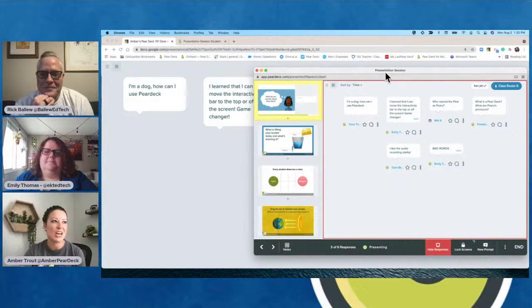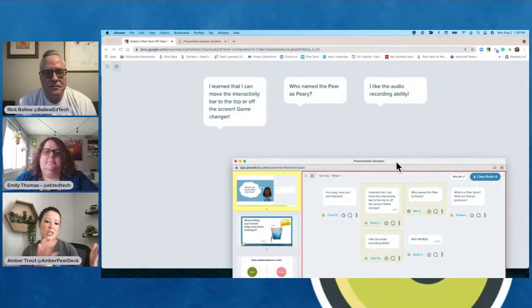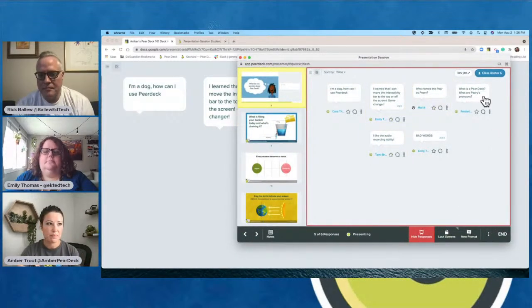Another thing you have in the teacher dashboard is this little star icon where you can highlight answers, and you're going to be able to kind of isolate work. Like maybe you're like, these are some really great answers. I want to just highlight some strong work students. You can do that. Pick and choose the ones you want. They don't all have to be on the screen. Now, when you're ready, you can just click clear stars or individually unclick the stars, and then everyone pops back.